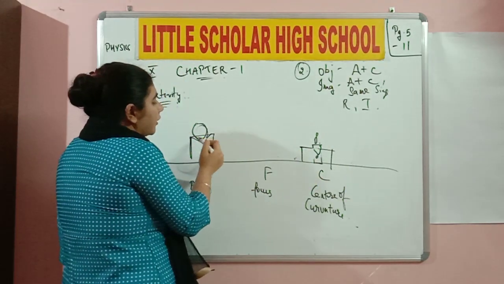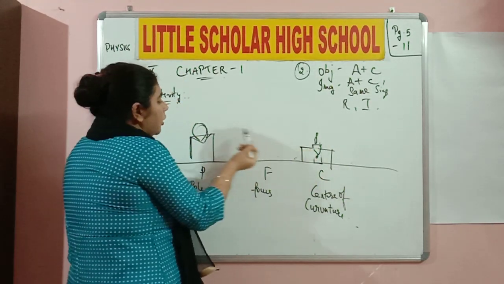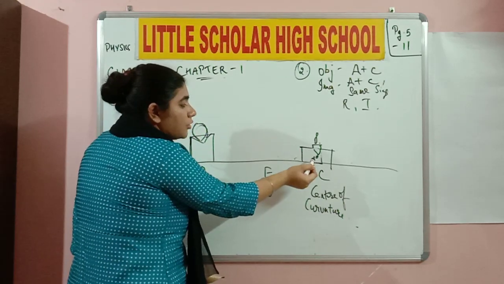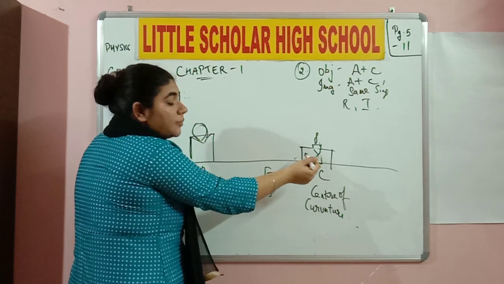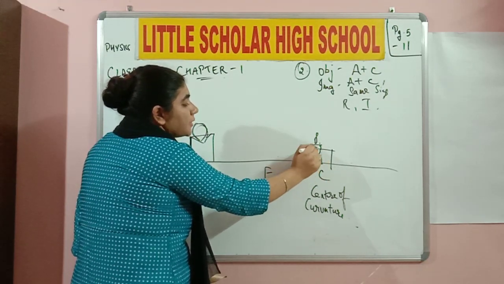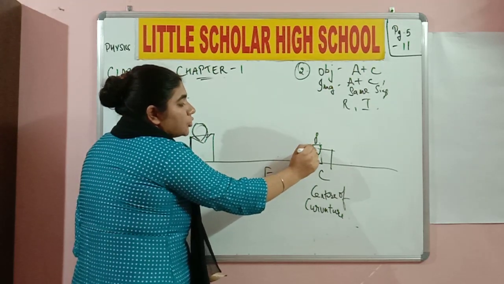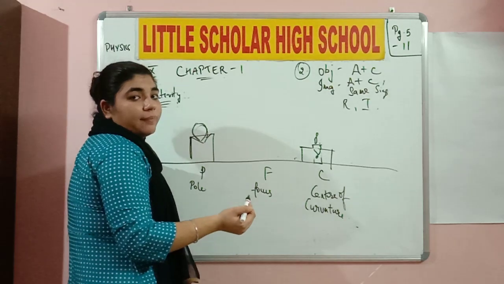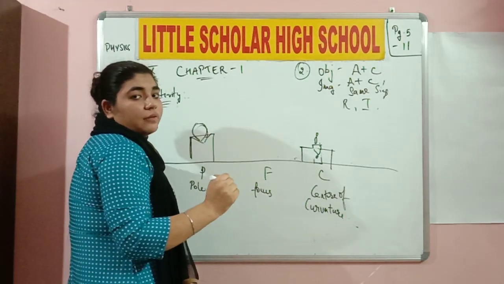You see there is a concave mirror over here. This flame, with the help of the concave mirror, the image is being formed at the center of curvature itself. And to view the image, I am placing a white paper over here. And on the white paper, I can see the reflection. I can see the image, the inverted flame, which is exactly the same size as that of the flame, the original one. Okay with everyone?